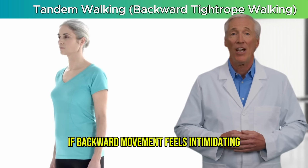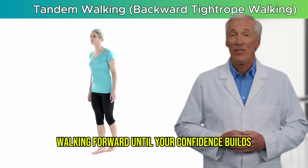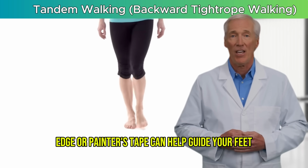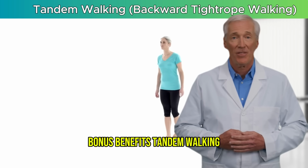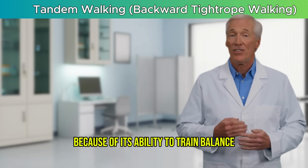Adaptations. If backward movement feels intimidating, practice the same technique walking forward until your confidence builds. For those with visual challenges, placing a tactile surface, like a yoga mat edge or painter's tape, can help guide your feet. Bonus benefits. Tandem walking is often used in neurological rehab programs because of its ability to train balance,